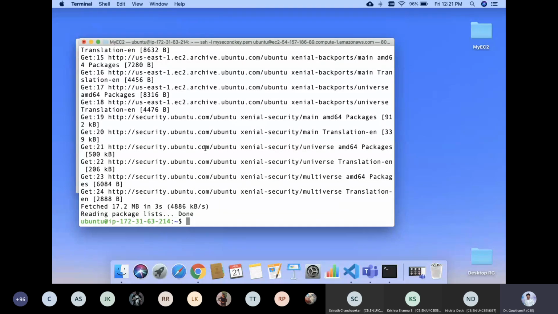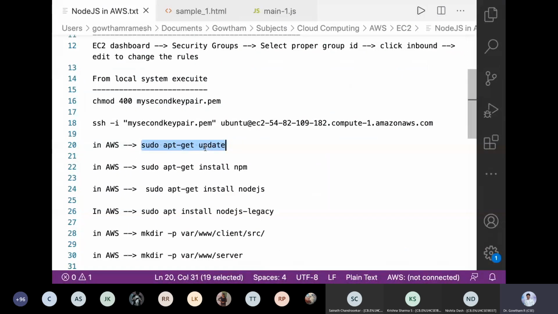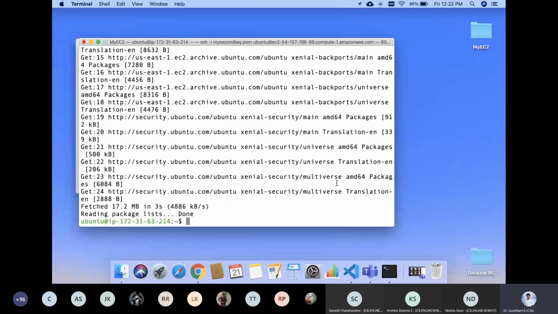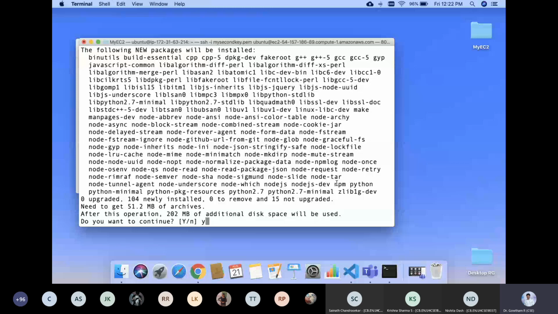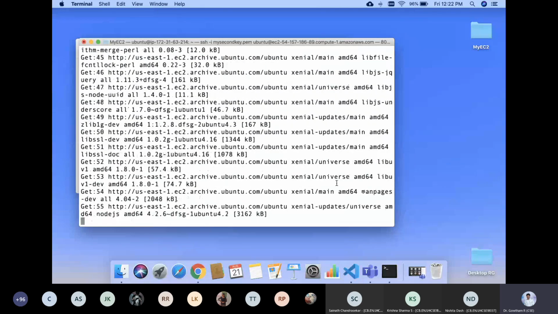Now it is finished. The next step, I need to install Node Package Manager in my Ubuntu system. The command to install Node Package Manager is sudo apt-get install npm. This particular command installs all the required package managers to facilitate executing the Node.js program.